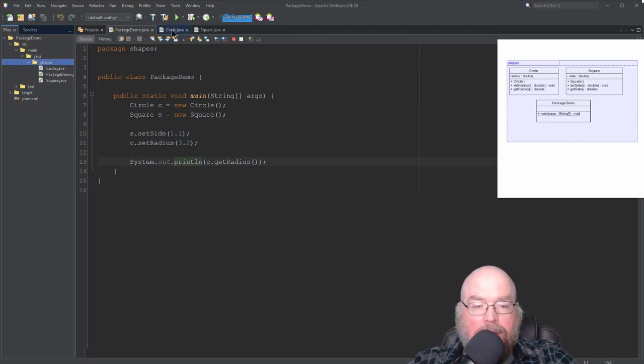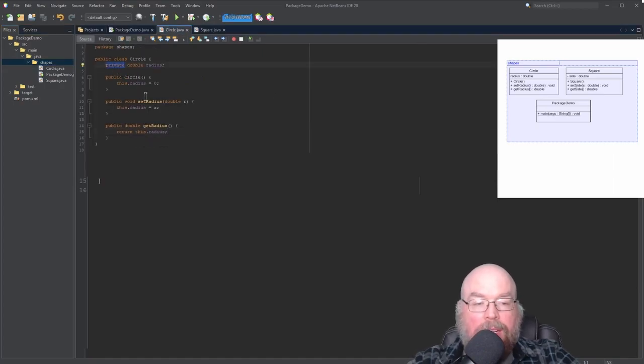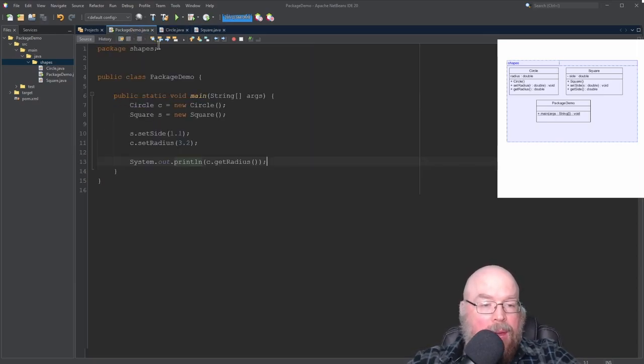So let's go update our circle class to reflect that change. We take away that private attribute. We take away that private access specifier and save that. Now this right here now has package level access. So if I go back to my main and I want to directly access the circle's radius variable, I can do that. So I can do something like